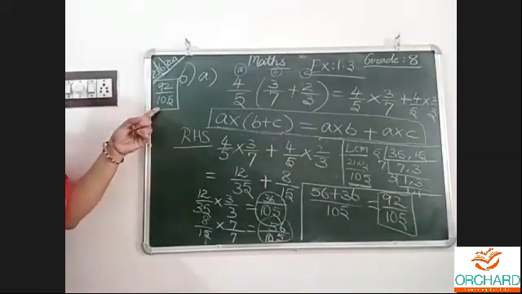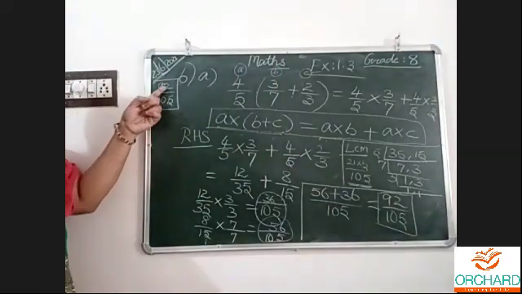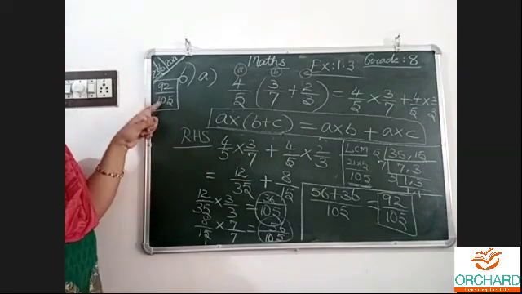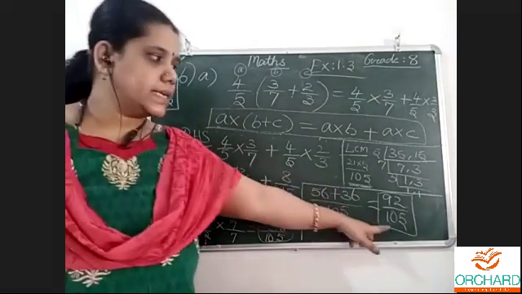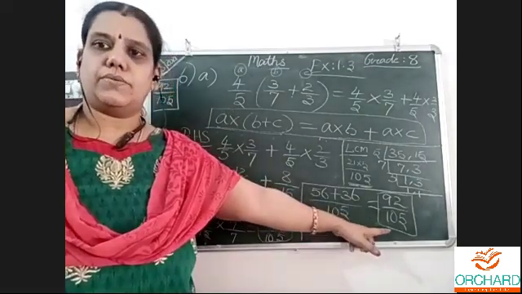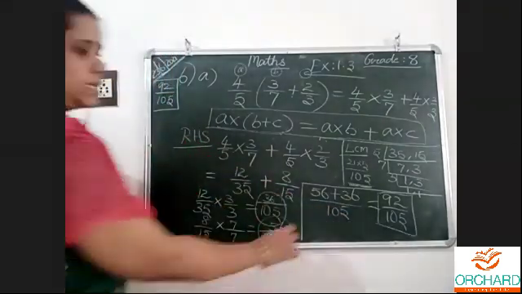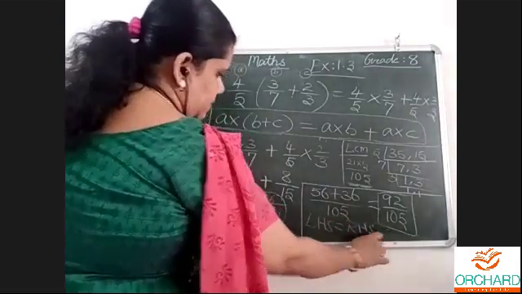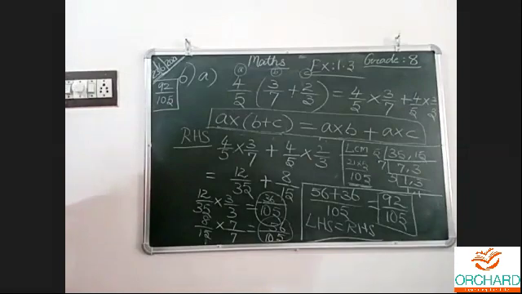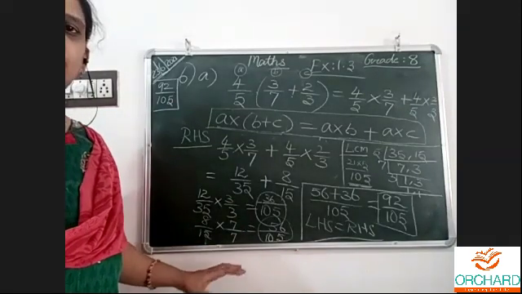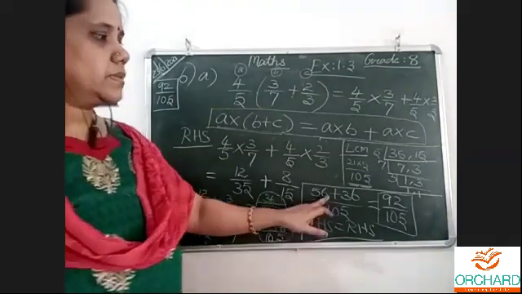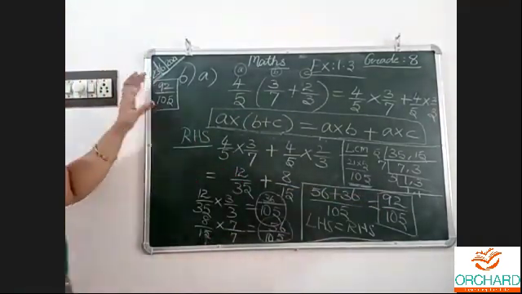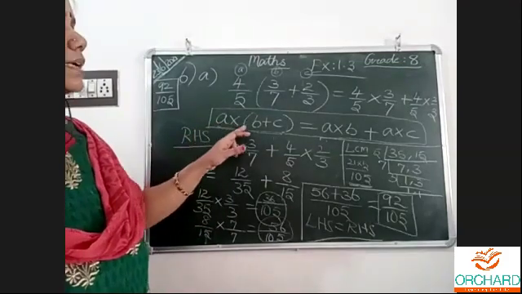Now what is this? What I wrote here, 92 by 105, was my left side, before erasing. What is the right side now? 92 by 105. Yes, LHS is equal to RHS. Proved. Understood? So this way to do. 92 by 105. So this way, A into B plus C,